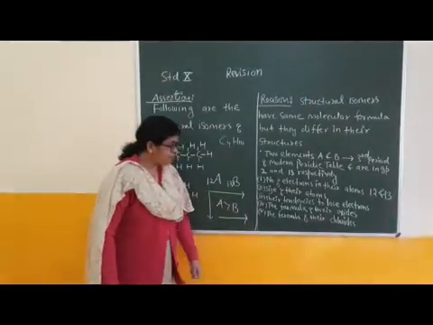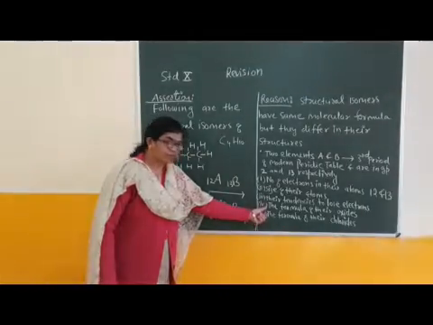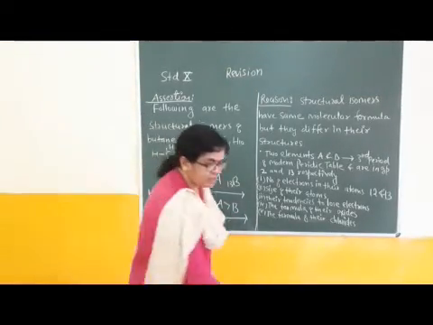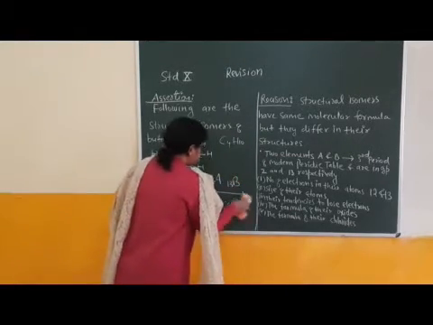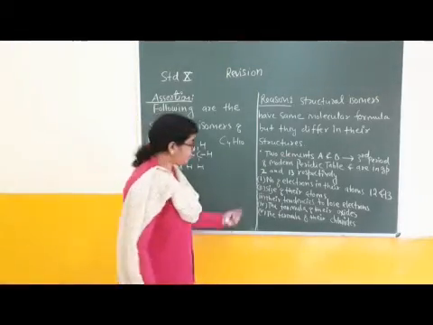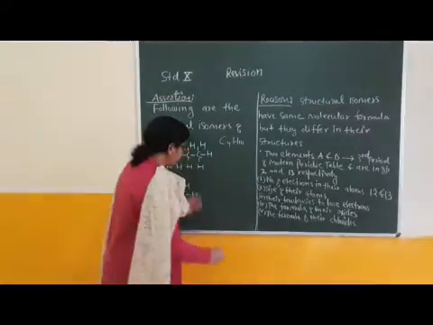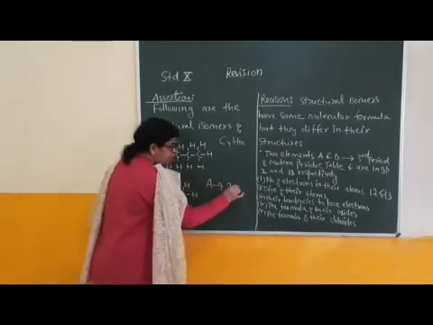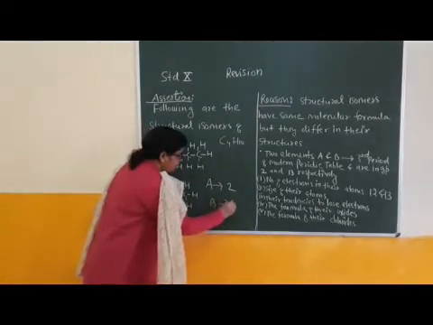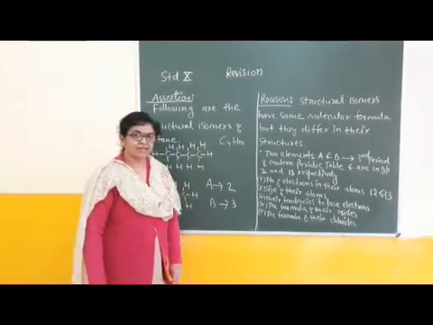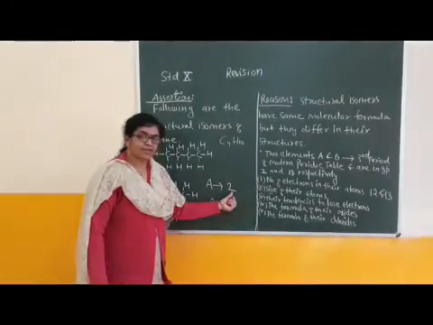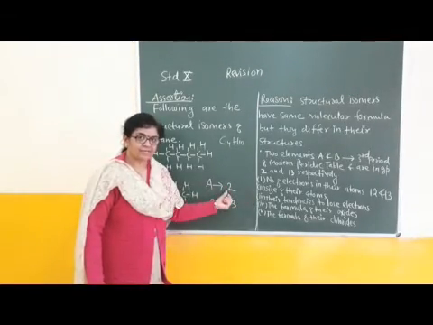Right? The formula of their oxides. For this formula, oxide formula or chloride formula, what is required? Valency, combining capacity. First of all, find out the valency or combining capacity of each element. Valency of A element is 2, only 2 valence electrons are present. Valency of B is 3, because 3 valence electrons are present in the last orbit of B atom. Here 2 valence electrons are present in the last orbit of A atom.